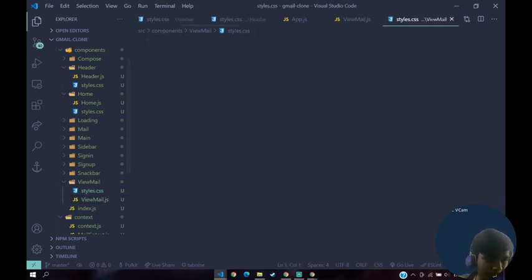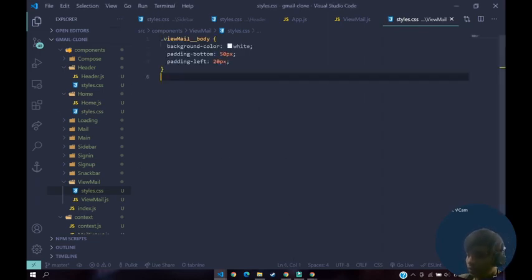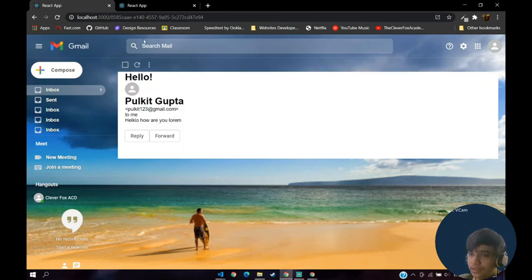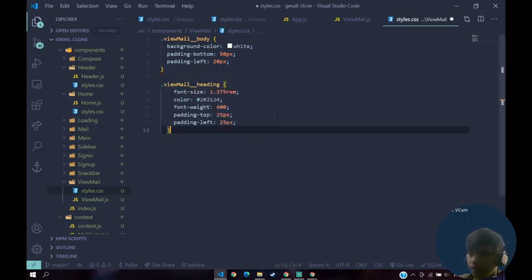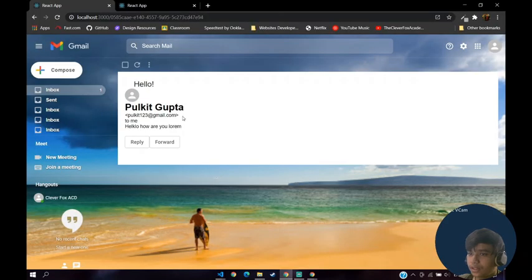So now let's style that. Go back to your styles.css. Inside of style.css, we don't have many styles here. First of all, we are going to give a background color of white to this thing. As you can see, we get this background color, and then I'm going to style our heading first. So this is the way our headings look.